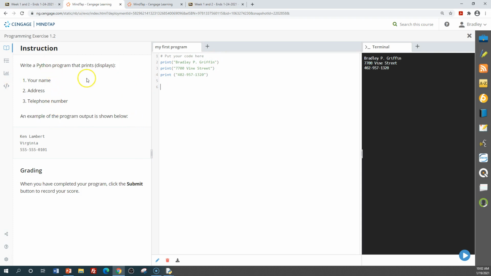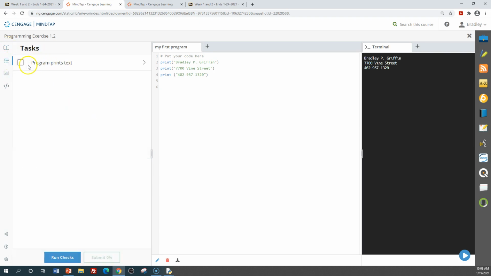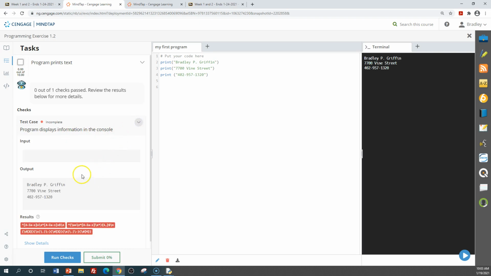So over here on the left-hand side, there's a couple of different things. Here are my instructions, the tasks. Here I can say, all right, I want to run checks. It says some kind of error. 0 out of 1 checks. Program displays information in the console. You have to do what? Oh, use exactly what they said? I assume this one just looked for